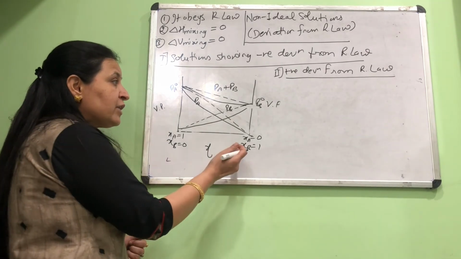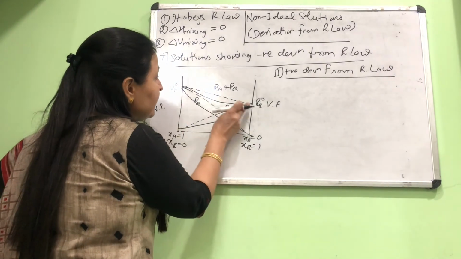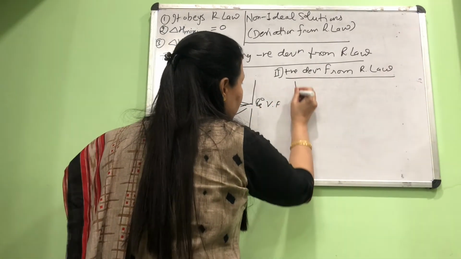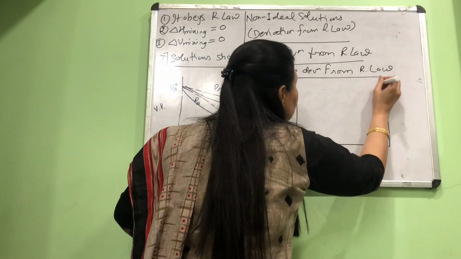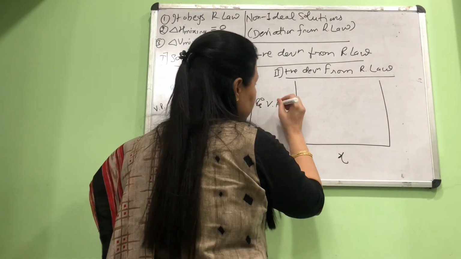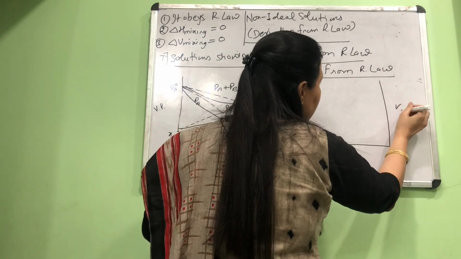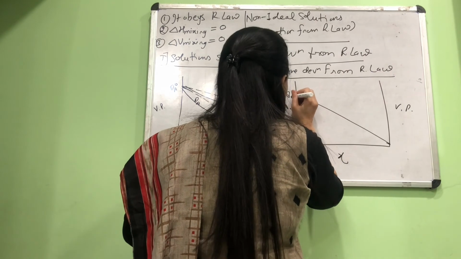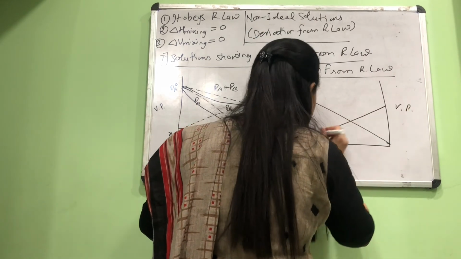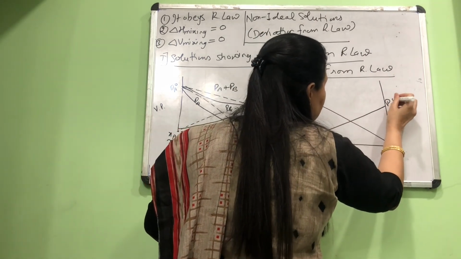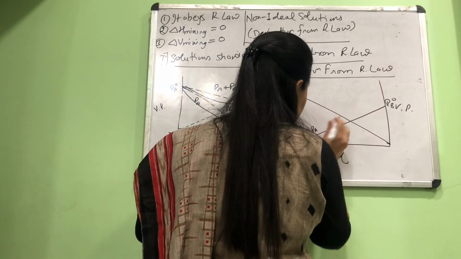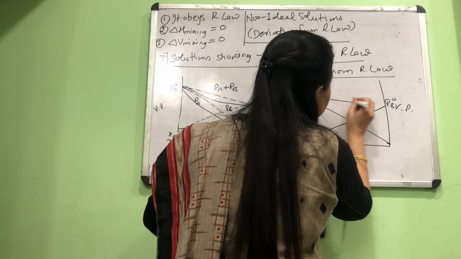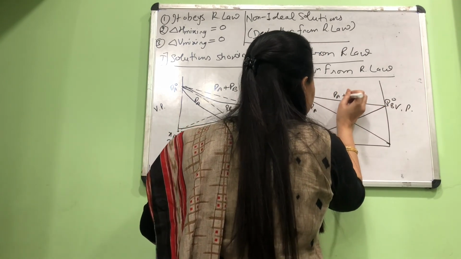तो जो curves हैं वो कैसे दिखेंगे? ये जो ideal curve है आपकी expected values, मैं आपको यहाँ फिर से एक बार बना के दिखाती हूँ. ये जो हम ग्राफ बना रहे हैं ये मोल फ्रैक्शन है, ये फिर से वेपर प्रेशर्स हैं, और ये कंपोनेंट A के लिए आइडियल वेरिएशन था, ये PA नॉट है. ये कंपोनेंट B का आइडियल वेरिएशन था, ये PB नॉट है. ये लाइन PB के लिए है, ये लाइन PA के लिए है, और दोनों को जो लाइन कंबाइन करती है वो PA प्लस PB की लाइन है.